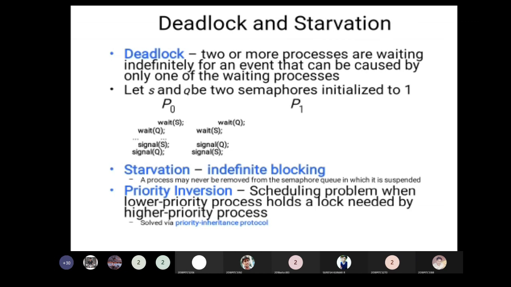Let S and Q be two semaphores initialized to 1, with processes P0 and P1.